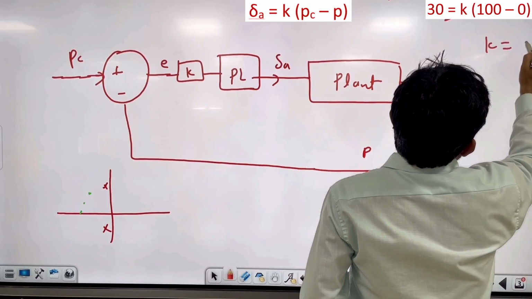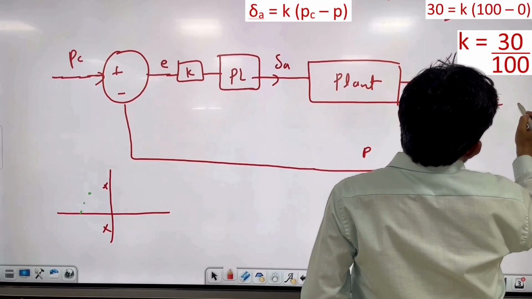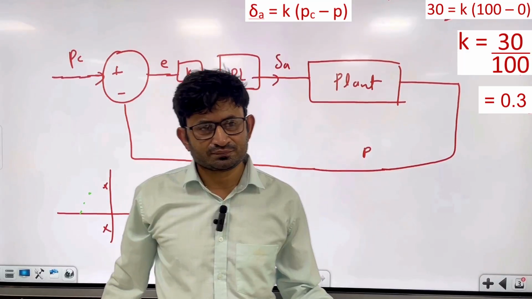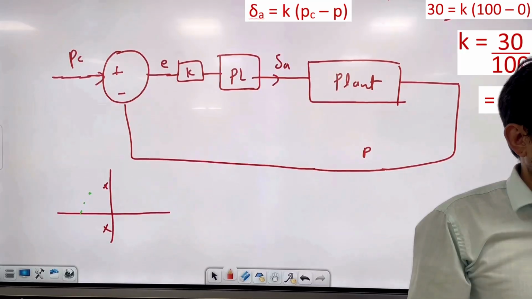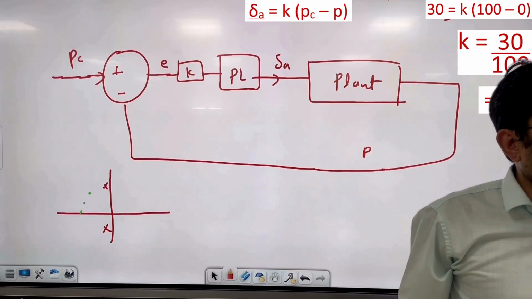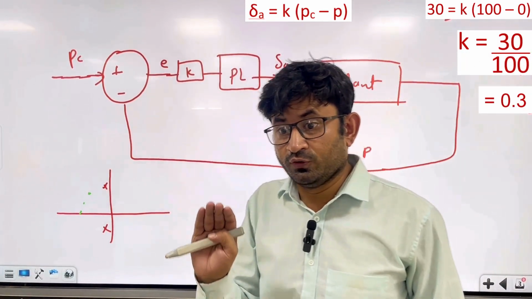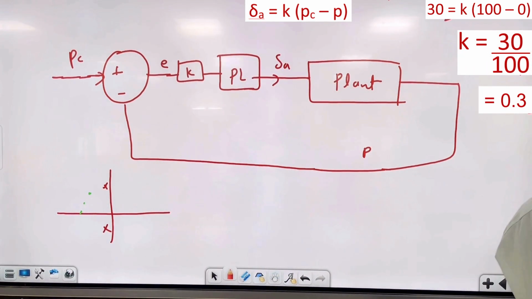Then K will be 30 divided by 100. That can be 0.3. So the simple K value you can find out. You can add D value and I value depending upon your tracking performance. If you want it less, then in this case also, when you fly, you will feel some kind of comfortability. I mean to say, you will have a comfort zone, because the stick is not directly connected to the